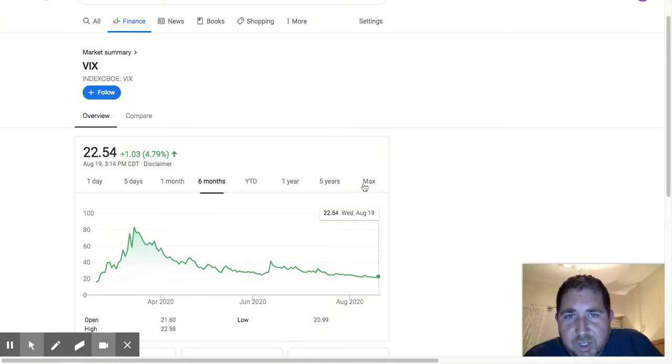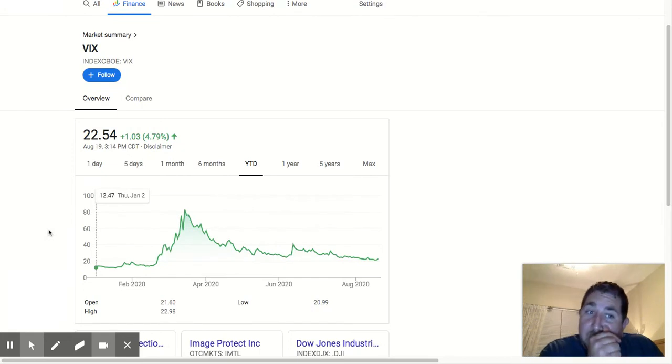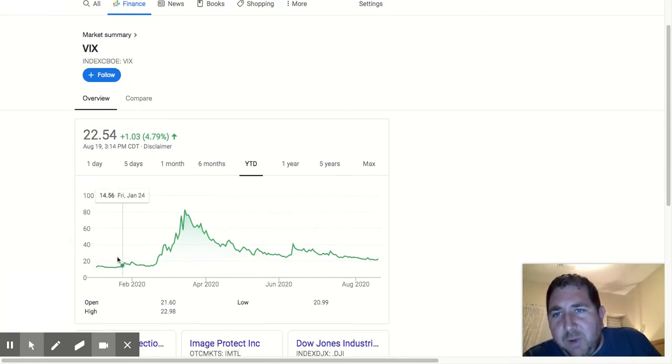And what's interesting here is if we look into this chart a little bit, you can see year to date it's relatively low here. And this is based on option activity. But as you can see, it's a little bit low. And then boom, right around February, it first jumped up February 28th, I think, on the initial news of coronavirus. And then boom, you could look through that second week of March where it just peaked. It went crazy.